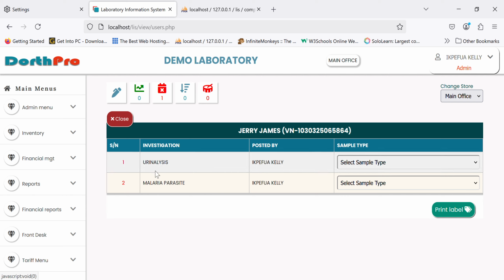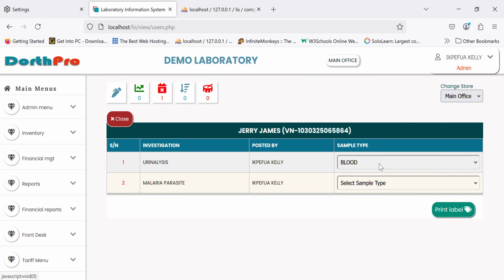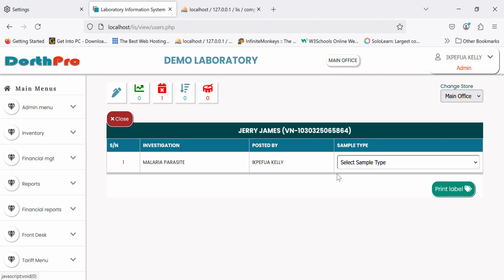Now it shows you urinalysis. Select the sample type. Let's say it's blood. Click on blood. Or is urinalysis actually blood? Urinalysis is urine. So I select urine. Okay, sample collected for that. So I can also collect the sample for the next one. You can also print a label. You see there's a label here. You can print a label for